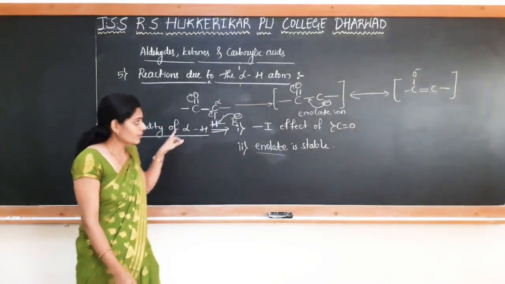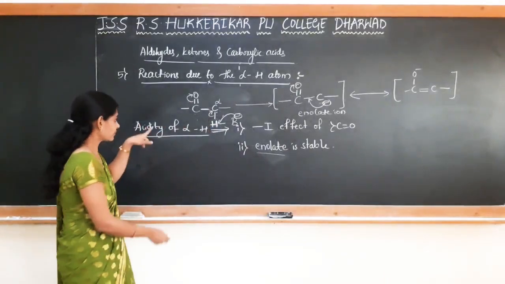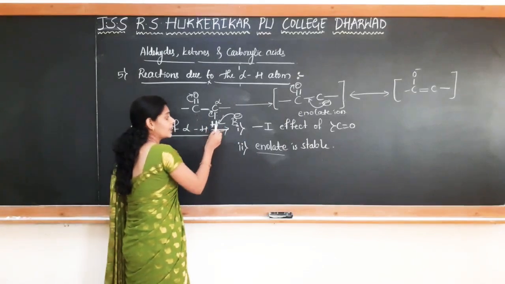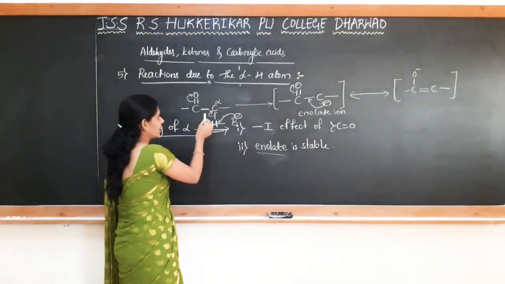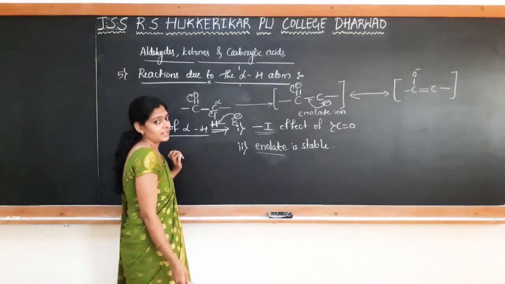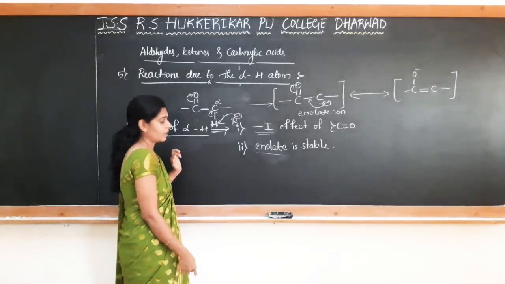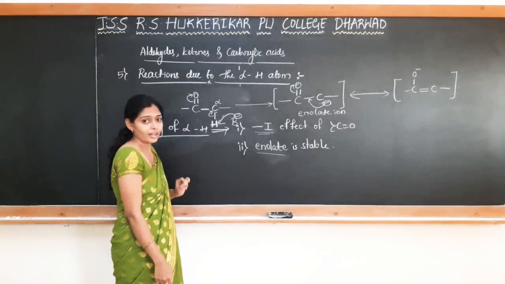So because of this reason, it shows some reaction. And remember one thing, the acidic property is only for alpha hydrogen, not for the beta, gamma, delta hydrogens. Okay, as the negative inductive effect decreases as the carbon skeleton, the chain length increases. So only alpha hydrogen is acidic, it is having acidic property.